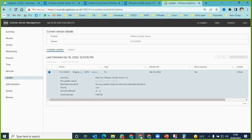If you expand it, you'll see some more details. There you go, 6 GB. This is what I was saying, right? Roughly around 7 GB. So 6 GB, there's a lot of updates in there, I guess. So definitely taking a snapshot is the best thing you can do, because this is going to have a lot of updates pushed in, and you don't want to basically update it and realize, okay,